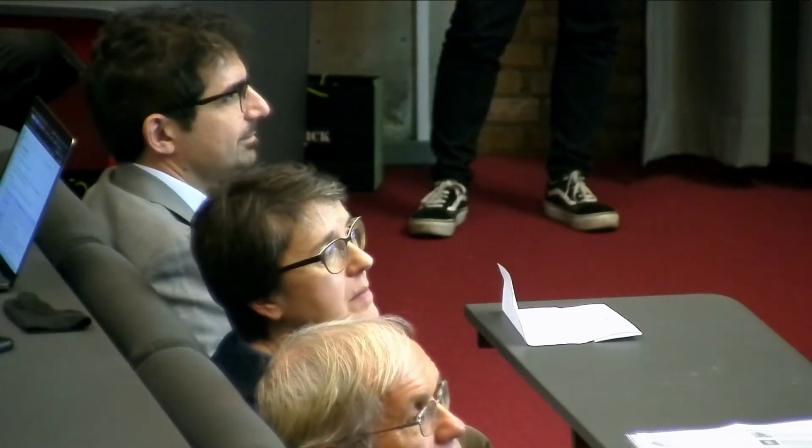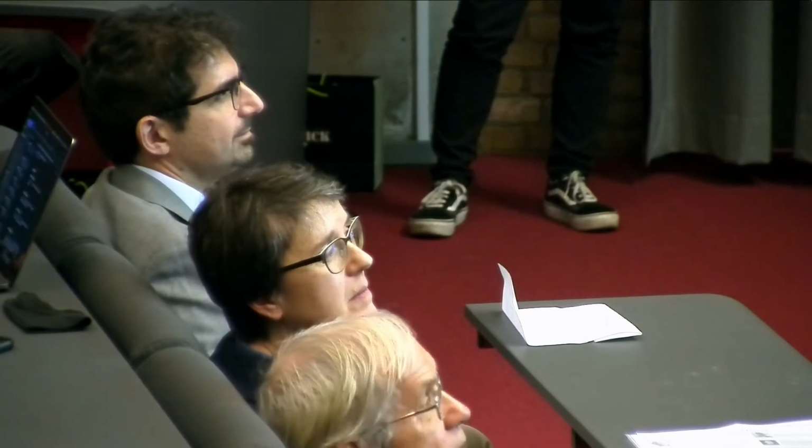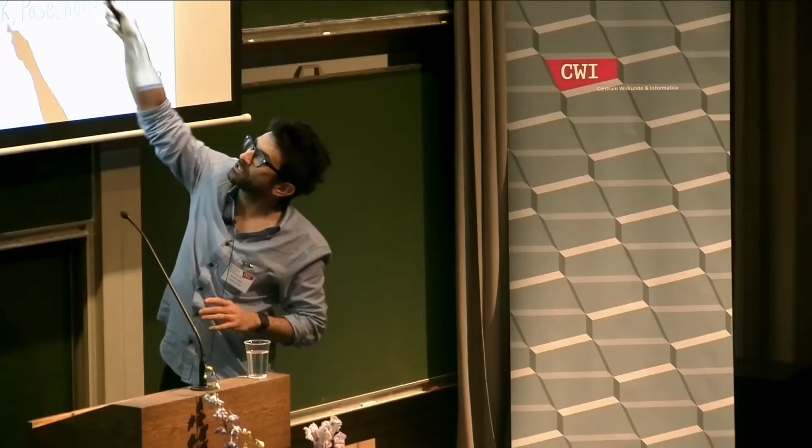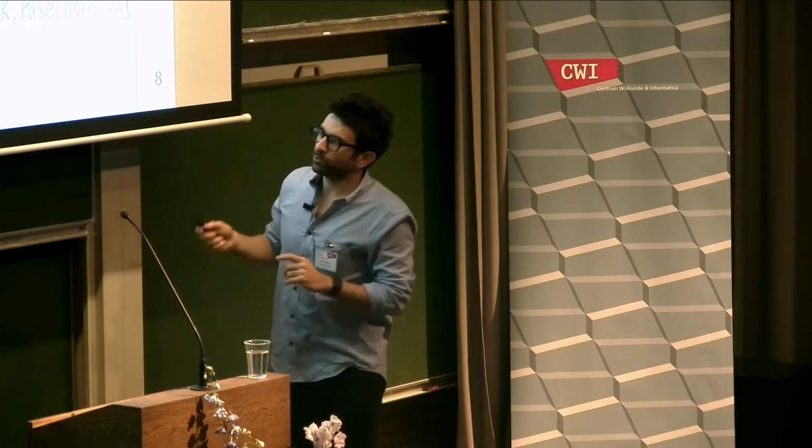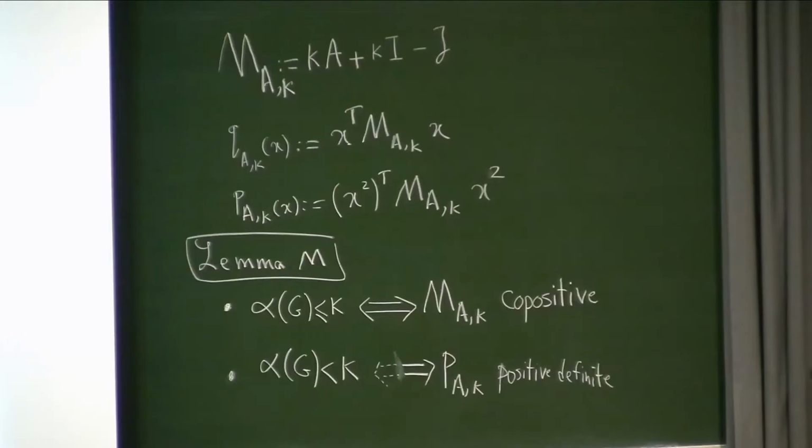And the lemma is the following, and this is a 3-line reformulation of the theorem. But I want you to remember that it's on the board. So it says that the stability number of the graph is less than k if and only if this matrix M is copositive. So it takes non-negative values on the non-negative orthant. And